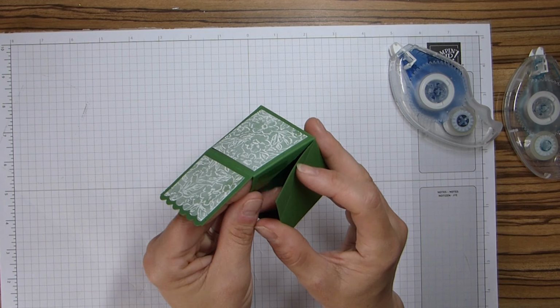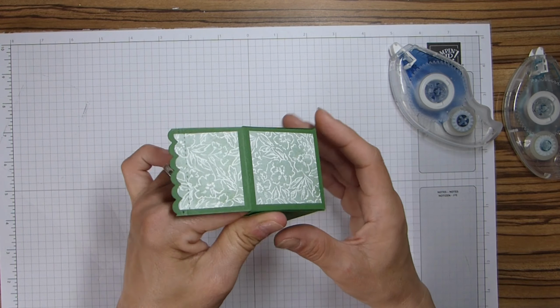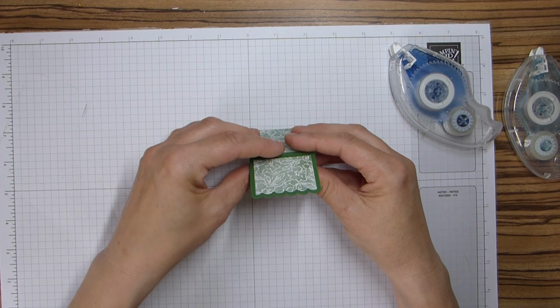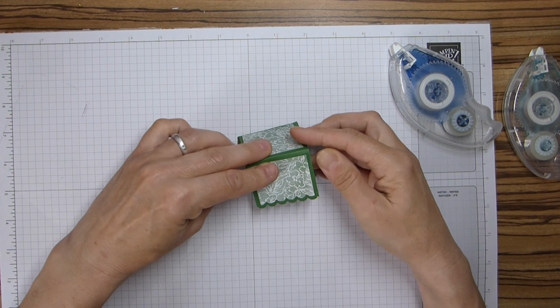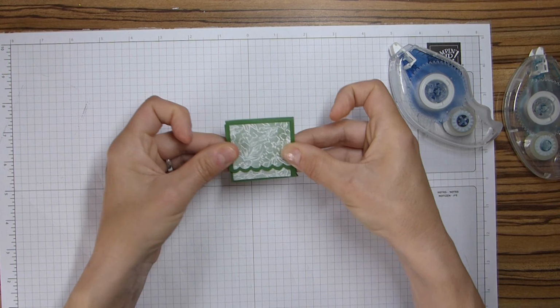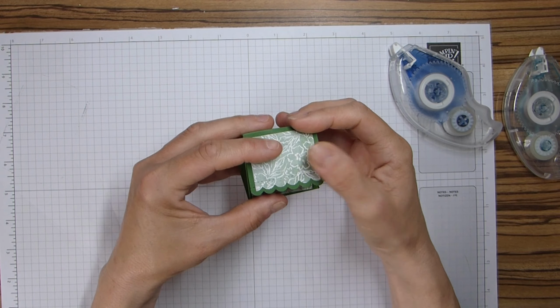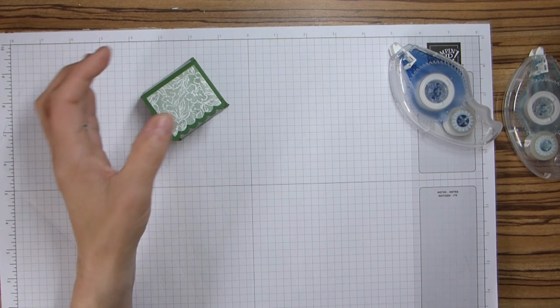So as I say, it's just like you would make up a normal box. Line those edges up, and then you just fold him up. I'm not quite sure why that's not sitting straight, or why that piece of DSP is wonky, but you know, it's homemade, so what can I say? And then we just need to add